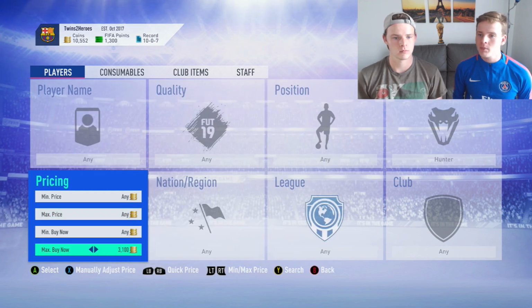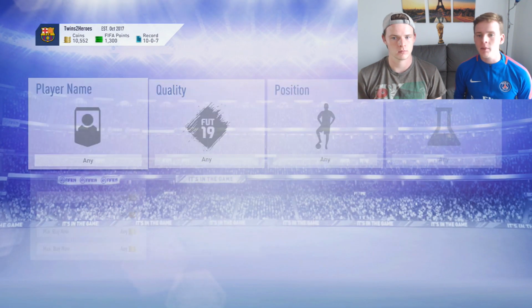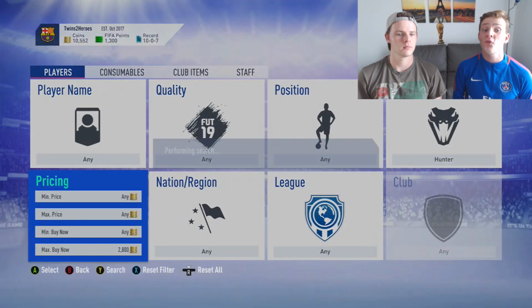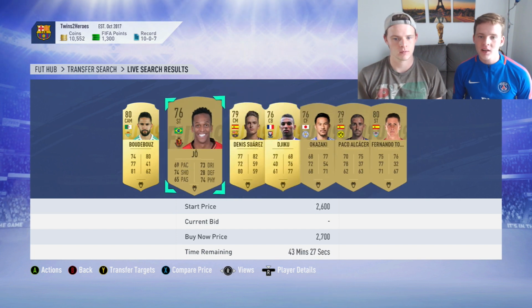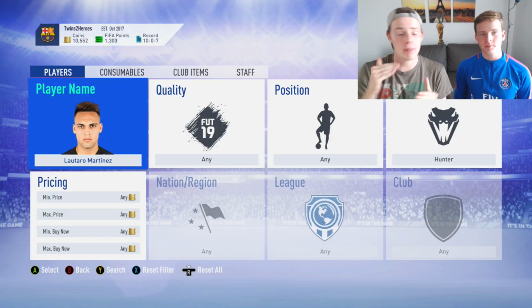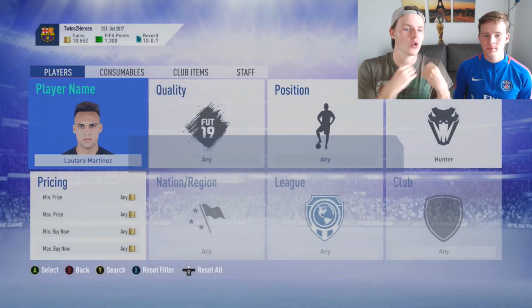So now, bros, the second method with the Hunter chemistry style will be simply to snipe some of them. I will recommend though to buy some forwards and to not buy defenders. Yes. This is the only thing I will advise you. So right now there's not really good. Yesterday night we were bidding on the Hunter chemistry style method and we came up with Lautaro